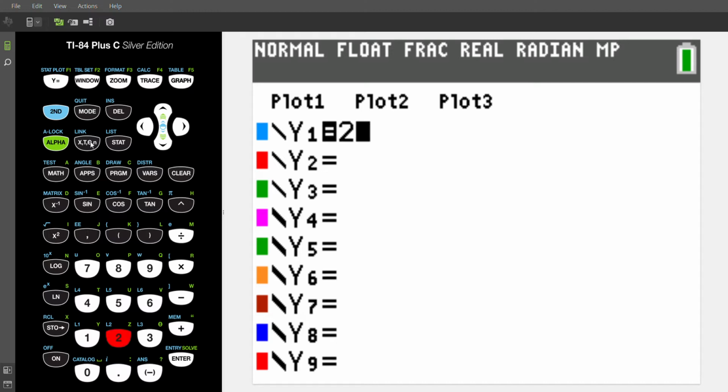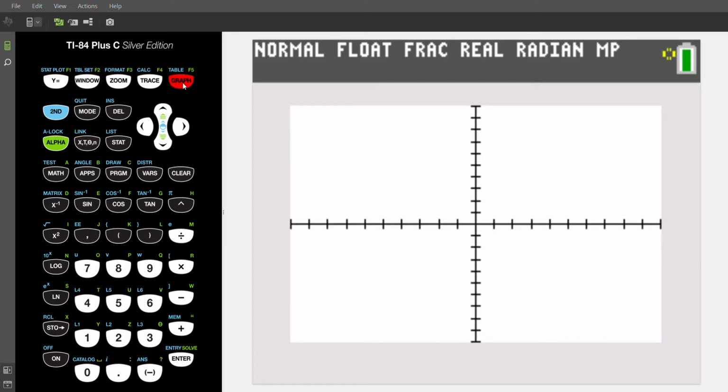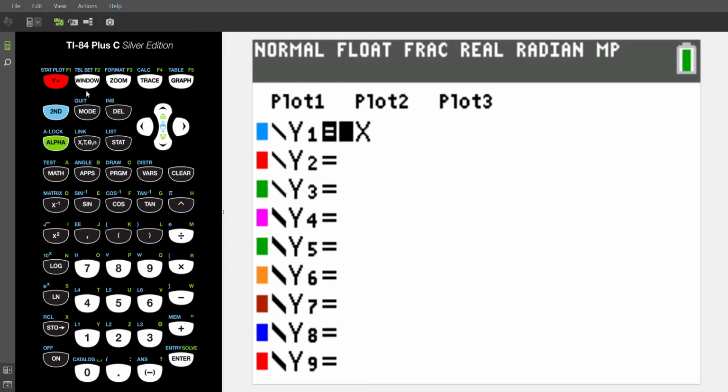I'm going to type that into my y sub 1 and look at that graph. That's just a simple line that goes through the origin. Looks something like this. And when we use the graphing calculator, we can type in up to 10 different equations. So I'm just going to move down to the second one, and I'm going to take that 2x, and I'm going to add a number like 5, maybe add 5 to that 2x, and see what that does to the